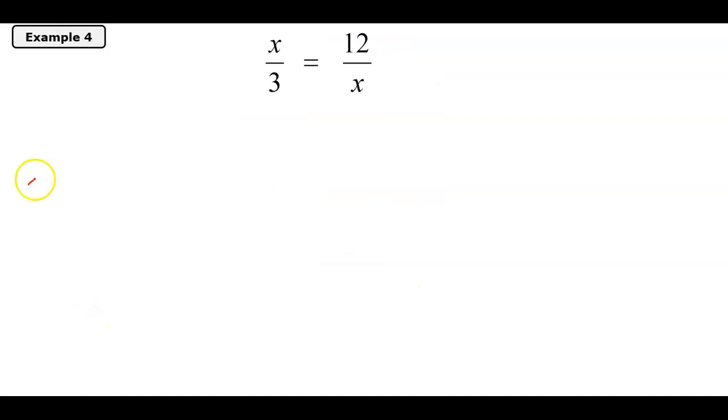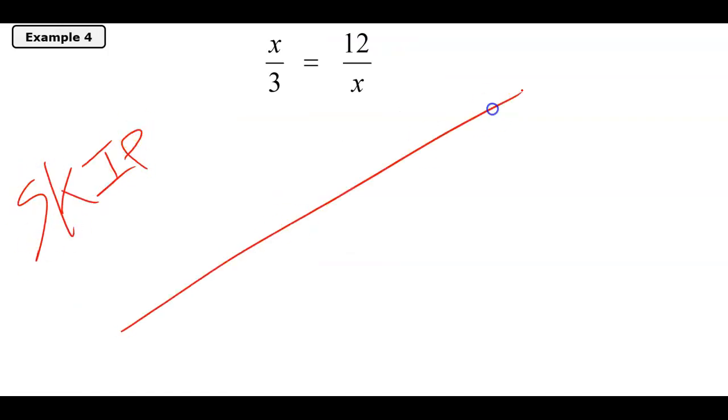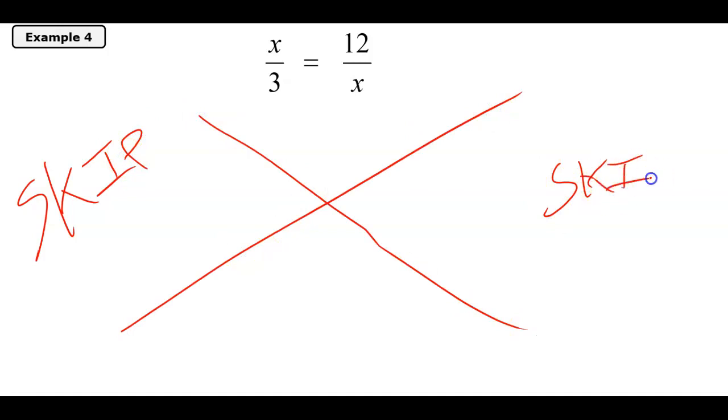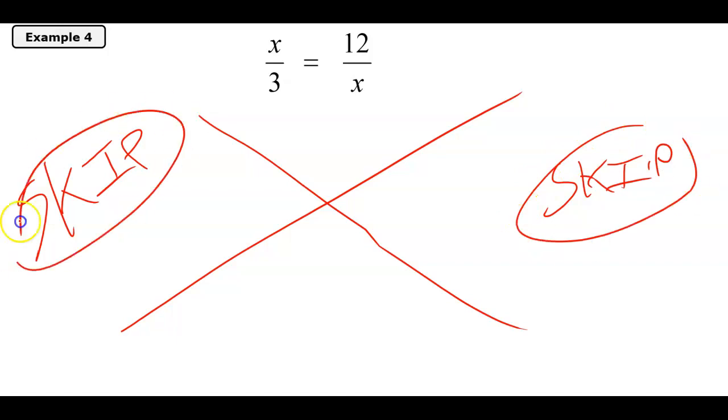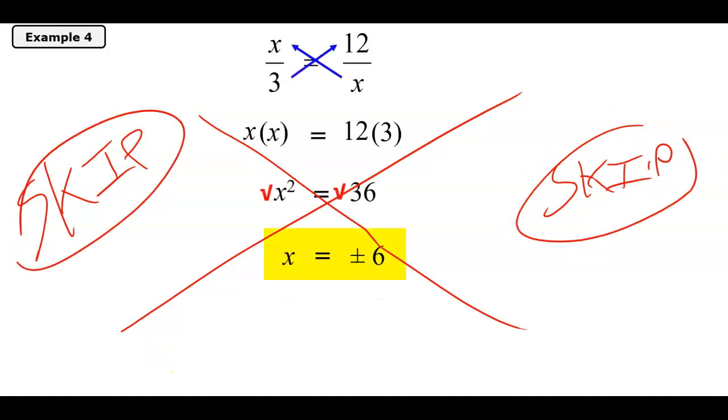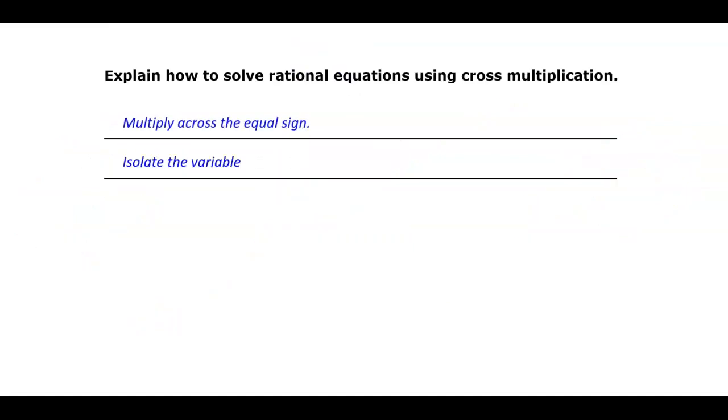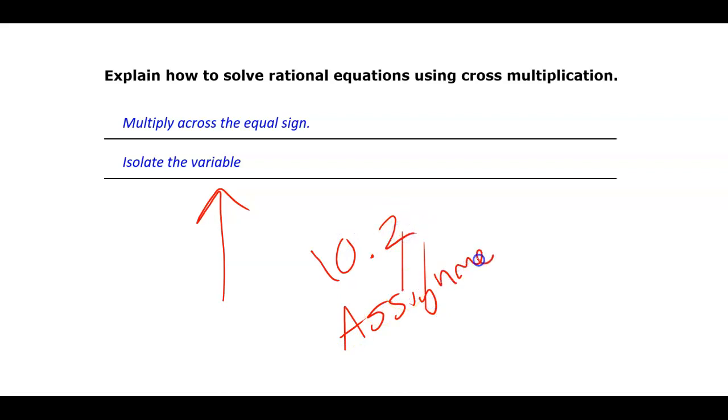Now, for example 4, you can put skip. We're not going to do an example like example 4. So as everyone heard me say, skip example 4. Don't worry about that. And then last step, you're going to write this down on your notes. And then we're going to do the 10.2 assignment, which if you haven't already gotten it, it'll be passed out to you. So make sure you get that done. Make sure you've already done 10.1 and you turn that in as